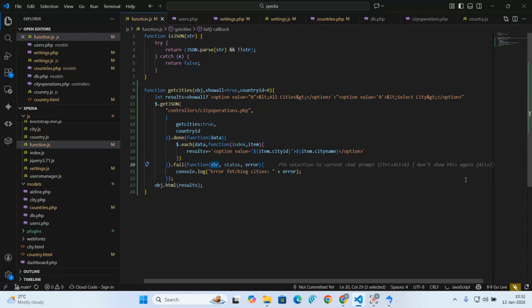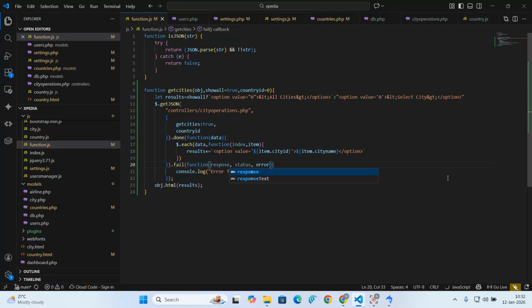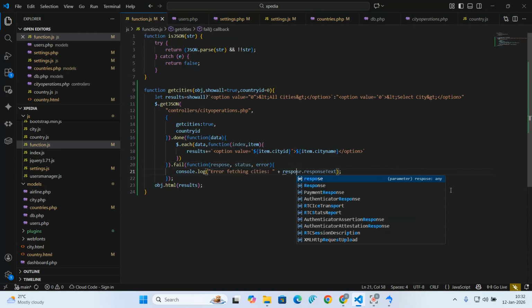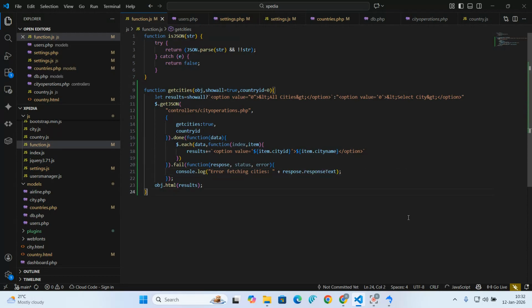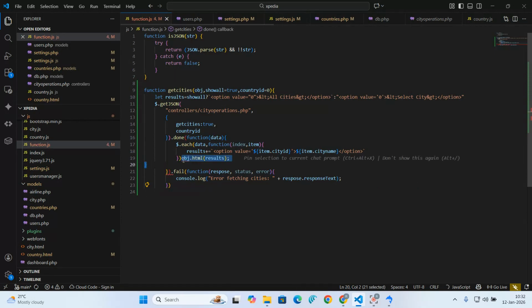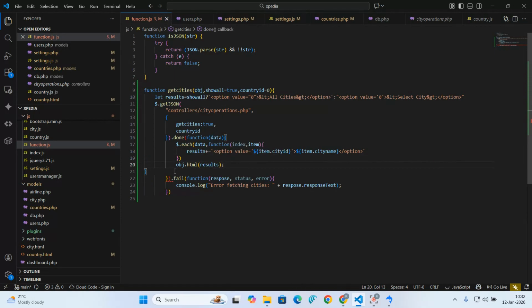Now this one, you're not supposed to have it like that. Just say this is the response. After the response, we have the status and we have the error. So this one will be response dot response text. So I have just put the text on the browser showing me what actually happened. So in any other case, then it's going to output this. Actually, this should be outputted here. Once it has looped through each and every element that has come in,